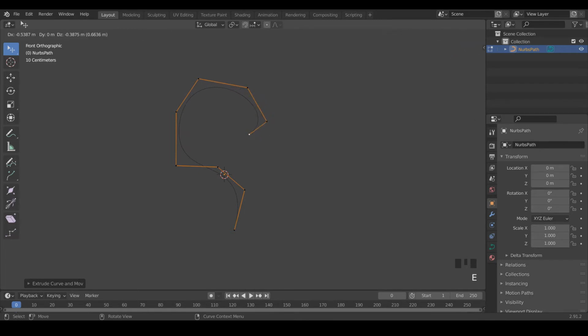I'm going to curve this down and make that small loop that's in the center. Just bring it back up. And start to point this down as well. And we don't need to be too specific about where we're at this point. We're going to end up tweaking it again later on.